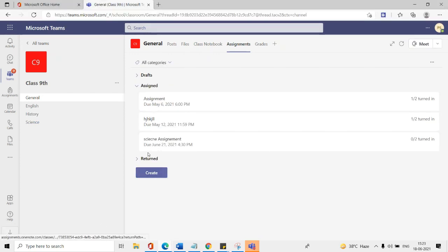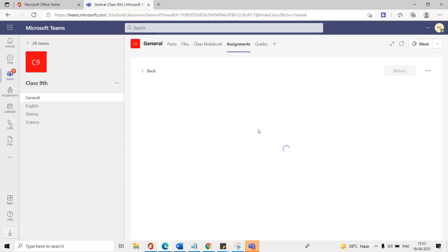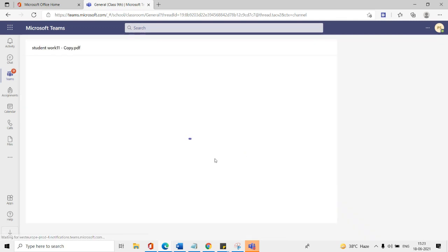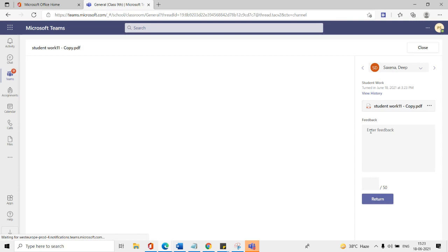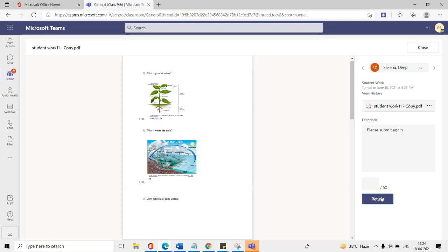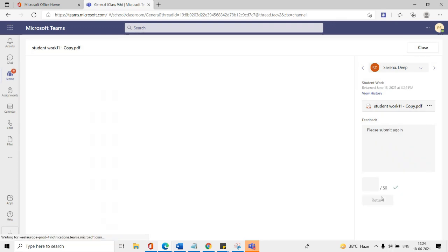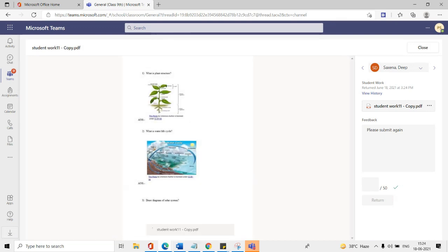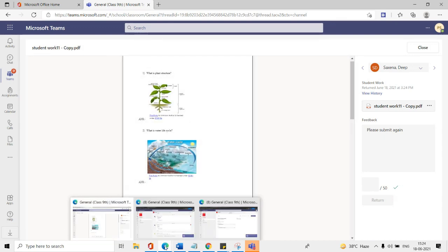So I can come here and see the student work, and I can see who has turned in this assignment. Let's suppose I am not satisfied with his work, so I can write please submit again, right? And I can click on return without providing the marks. After that, the student gets a link to re-upload the work, right?